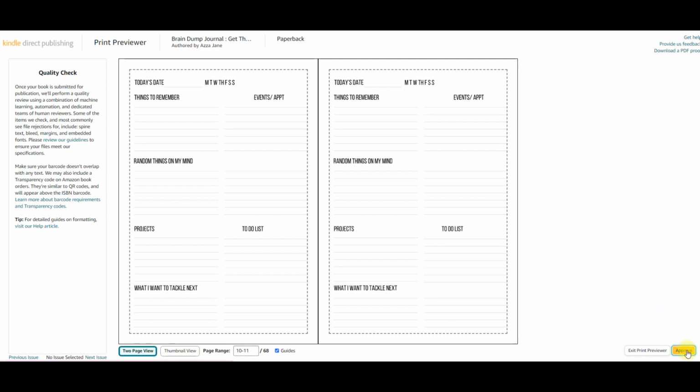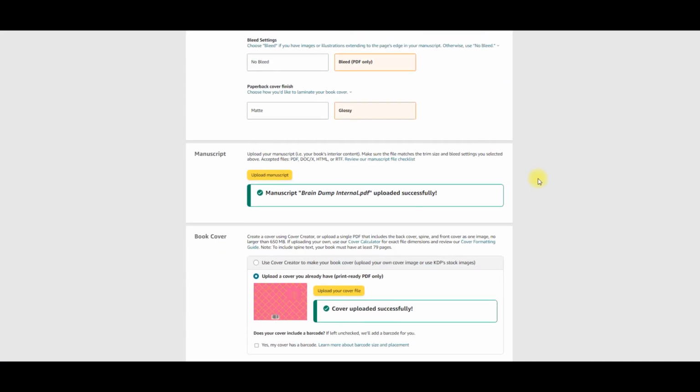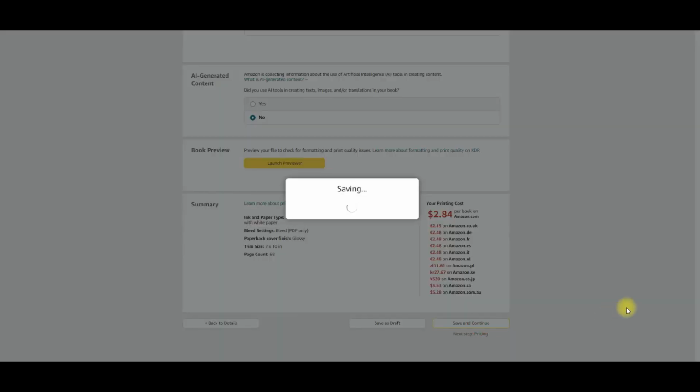I'm going to approve that. That looks great. And then it will take you back to this one. Everything looks good, and it gives you an idea of how much Amazon is going to have to use to print. So I'm going to save and continue, and this takes you to the